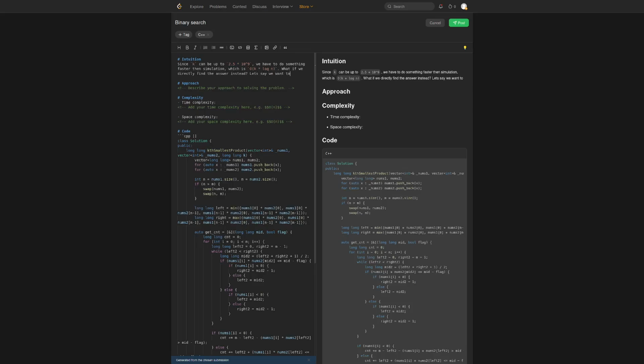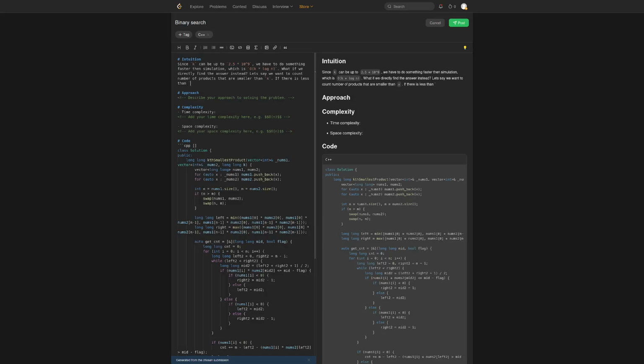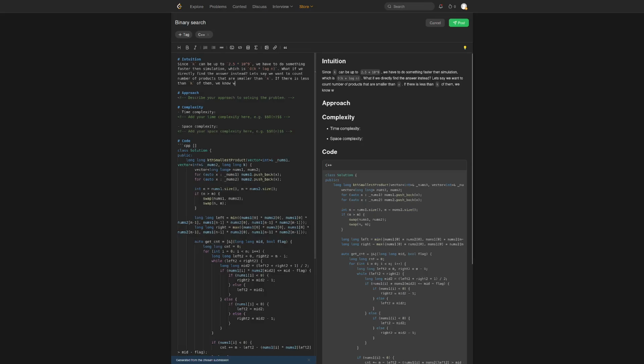Let's say we want to count the number of products that are smaller than x. If there is less than k of them, we know we have to increase x, else we